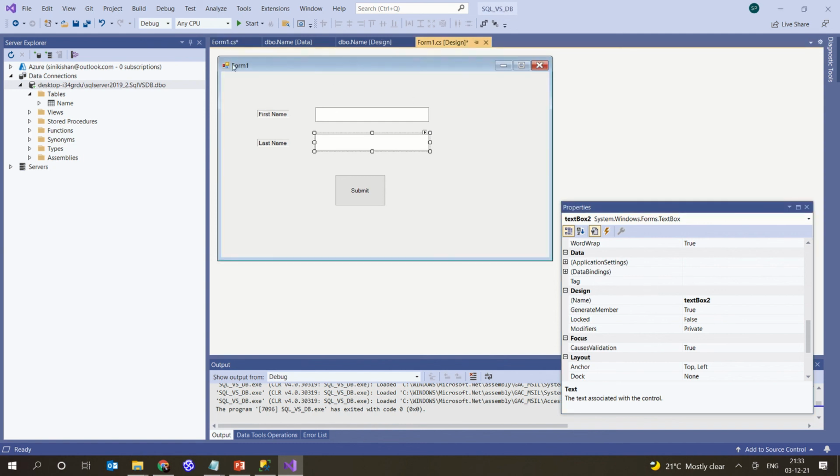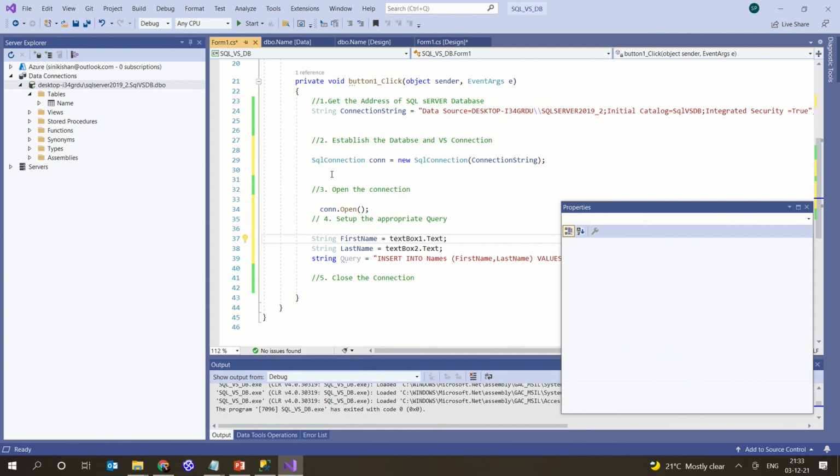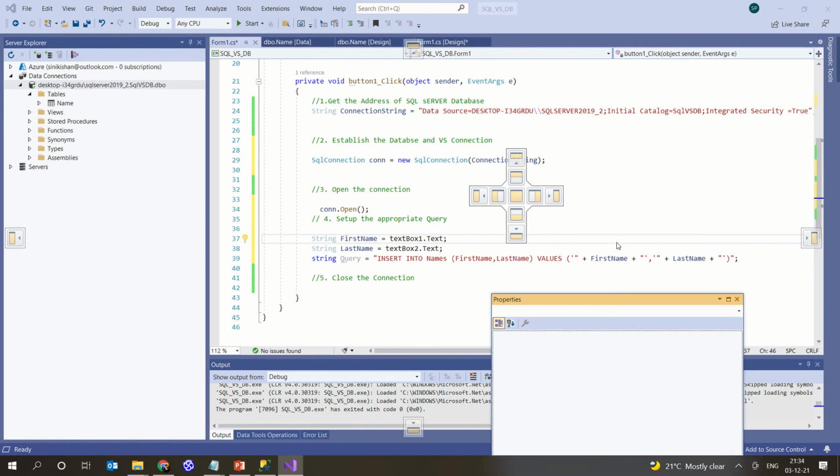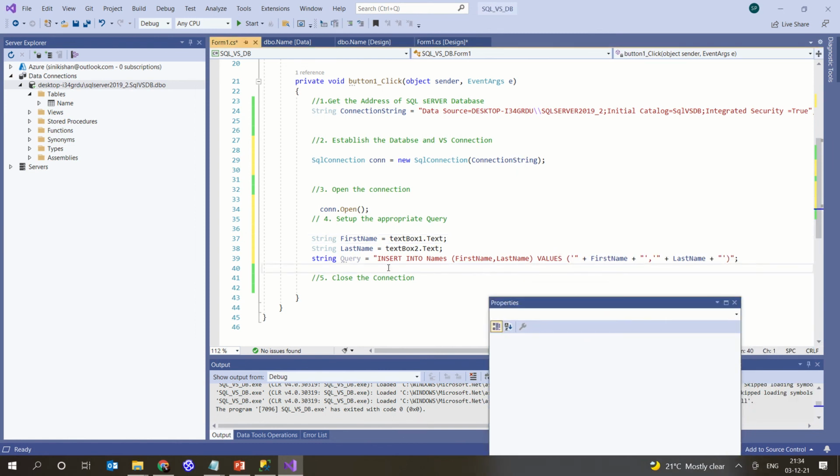So basically we have taken TextBox1.Text and TextBox2.Text, and now we are going to insert them into the table. This is the query which will insert the values into the table. What are the values you are going to insert?